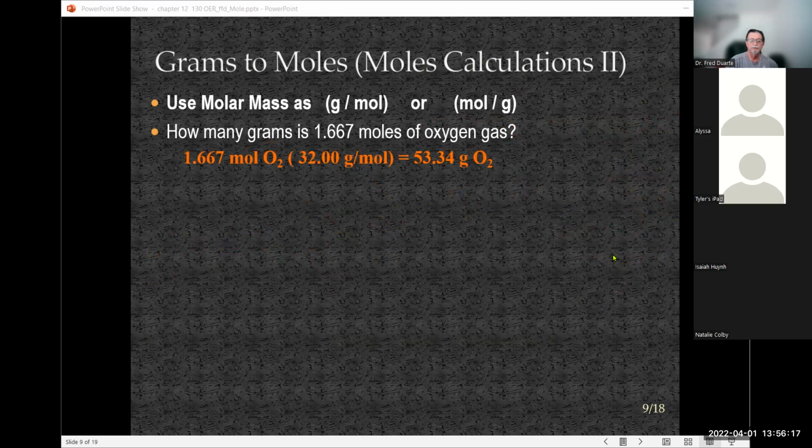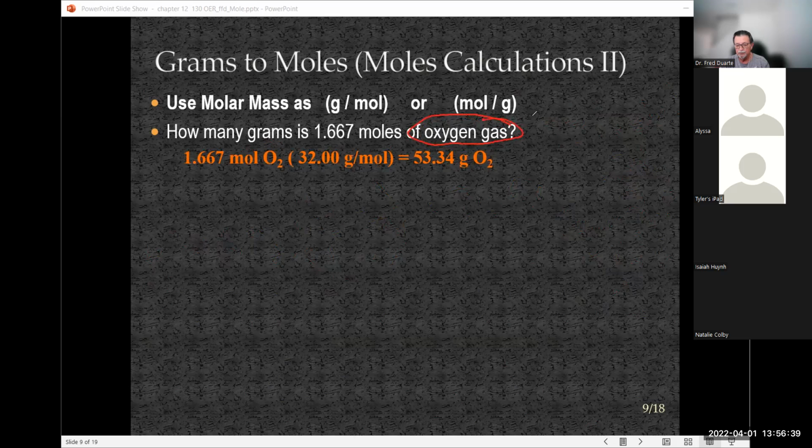All right, so here we go. Check the units out, it cancels out. So 1.667 moles of oxygen corresponds to 53.34 grams of oxygen gas. And the key part is